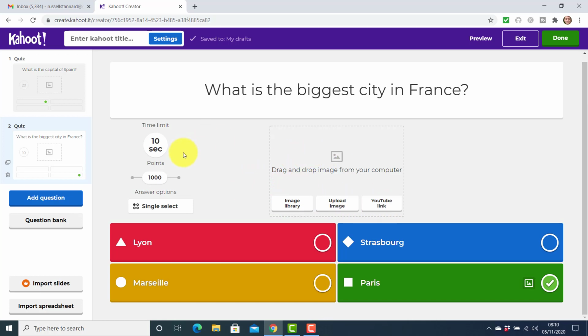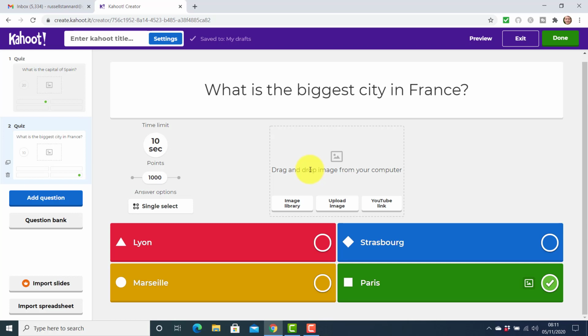I really don't like to do that myself. I like to keep it very simple. I know we have these options. Sometimes an image library can be or an image can be really good because you can relate it to the question that you want the students to answer. So YouTube videos obviously take time. They make the actual doing the quiz slightly more complicated, so I generally avoid doing those.